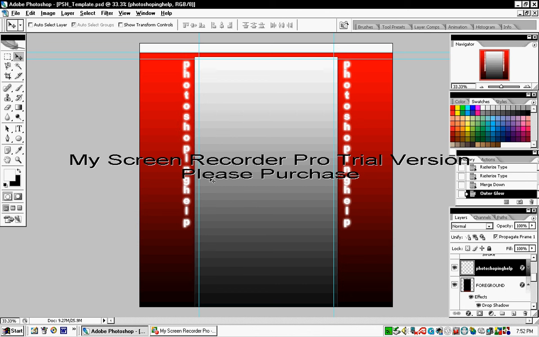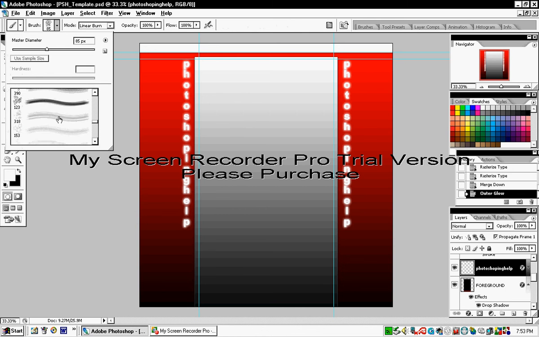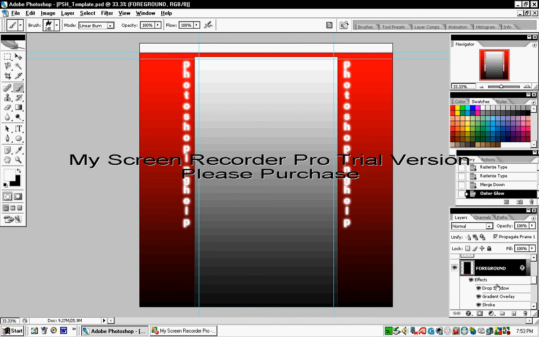And now you can see it already has words on there. Now you already have a nice background. And then if you wanted to add more stuff, like say brushes and stuff like that, you just click on your brushes and click on any brush, any old brush. We're going to add random brushes here. Make it a little bit bigger. Make sure you're below here